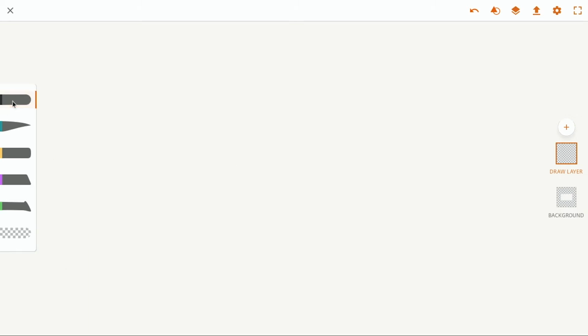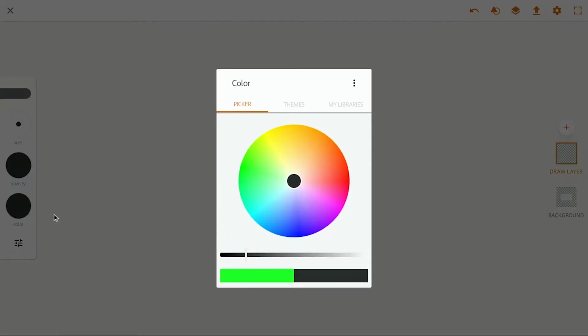Now let's actually look into details of each brush. All of these are the same for each brush. We've got the size, the opacity, and the color. Right now the color is black. If I want to change the color, probably the most interesting thing to do right now is click on it, and it gives us this color wheel. So you just pick in an area where it has colors that you want to brush next or paint next. And then you have this bar here that gives you different shades